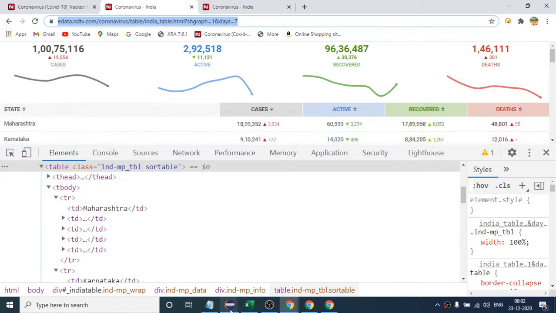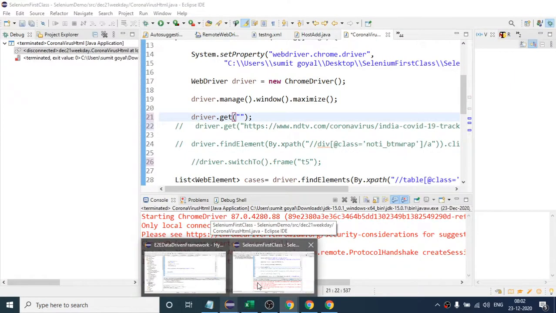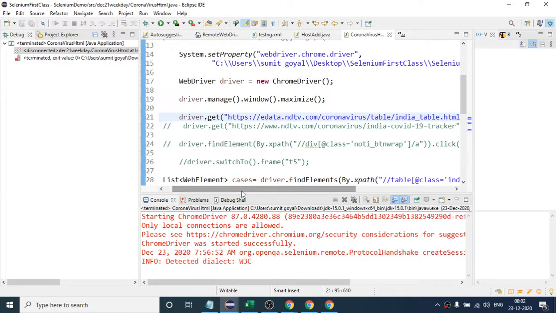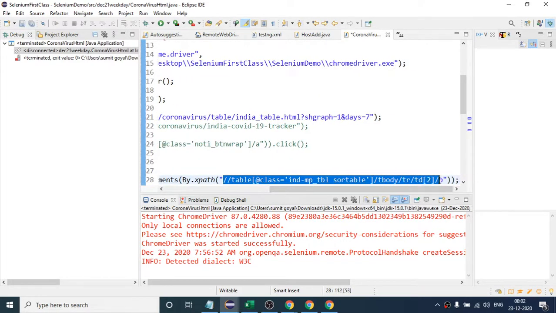You can try from your side in the original URL. So here if I do this, now it will open this, and if I see this XPath, note this one. Let us first see whether this XPath is also working.